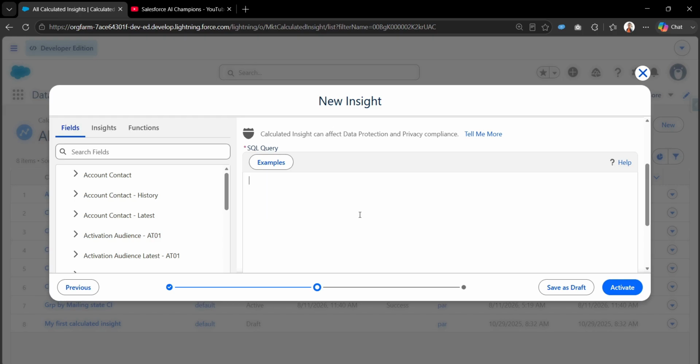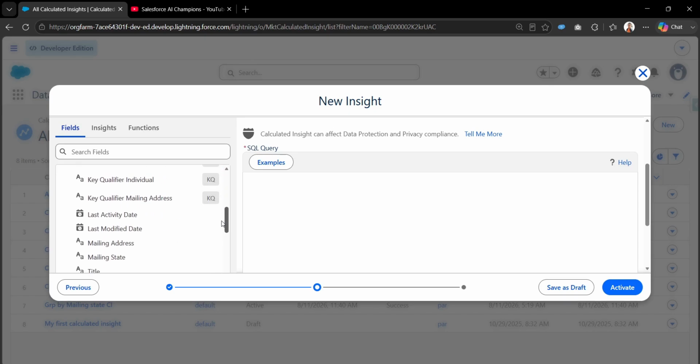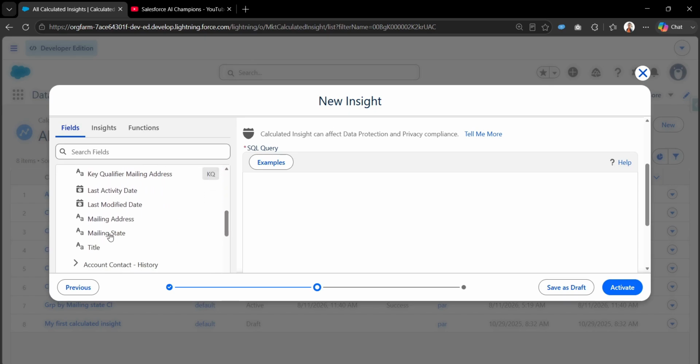We can simply delete this, and here we are going to find all the contact records from the account contact data model object. We already have the field mailing state, which is mapped against the account contact from the contact data stream. I'll show this mapping after some time. So let's get started by writing the SQL. We just need to add the keyword select, and here we need to provide